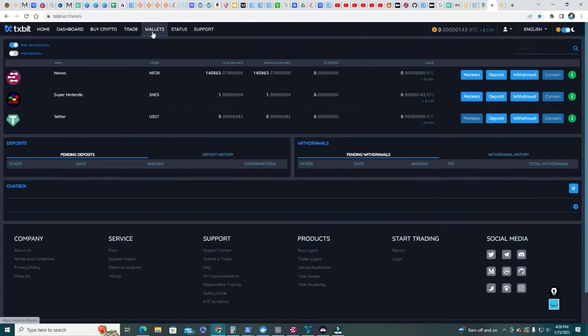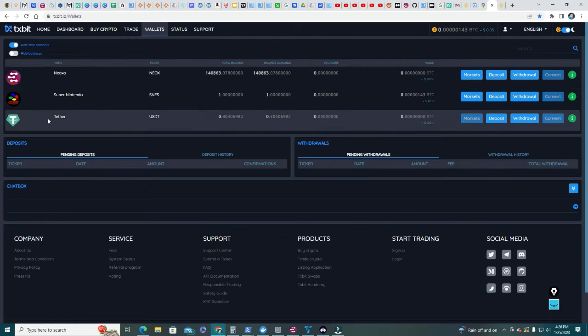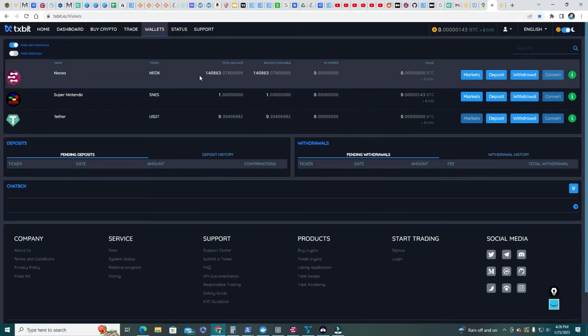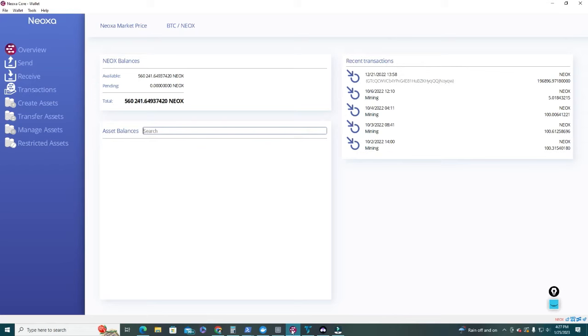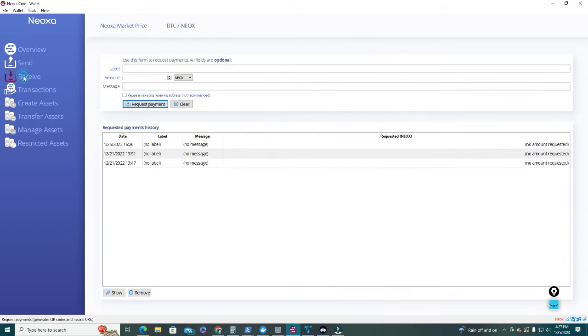Okay, and I went back to my wallet here, and I can see now I have some 30 cents left on Tether USDT, and NEOX I have 140,863 NEOX. So what we need to do now is we need to withdraw this and put it on our NEOX wallet. All right, go back to NEOX wallet, open that application, and here you can see receive, hit receive,